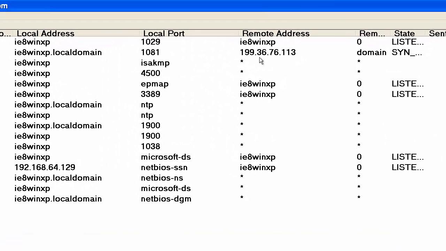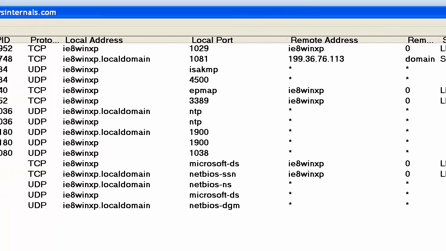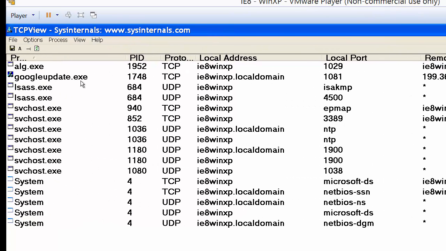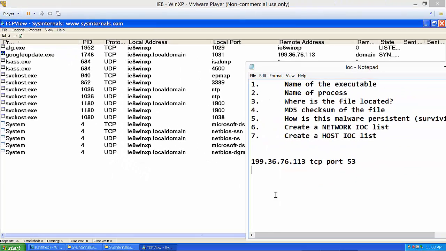And here we got the IP address, 199.36.76.113. And you can see that the executable associated with that traffic is called googleupdate.exe. Make a note of that.